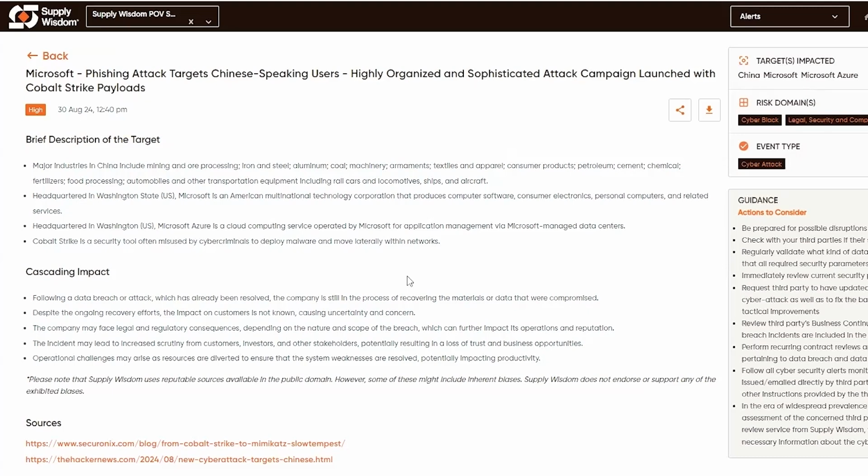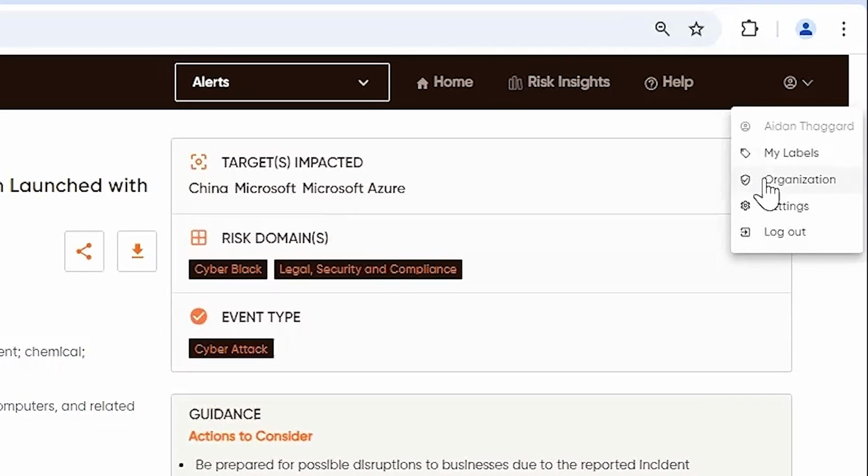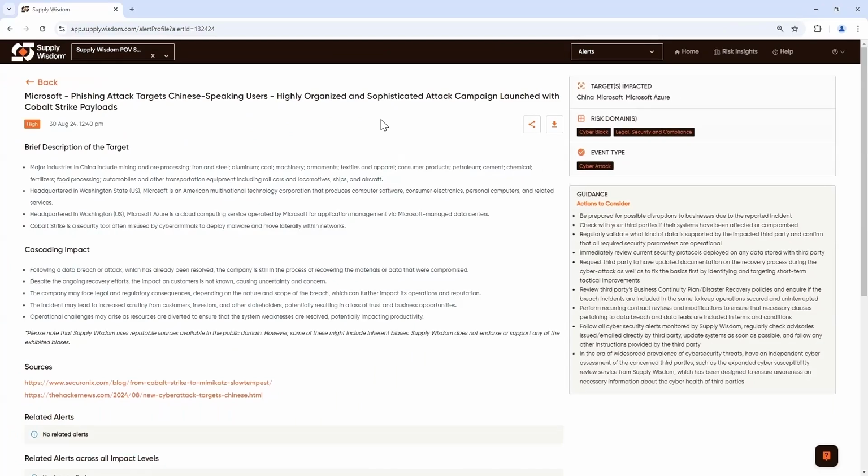So like we talked about earlier in the video, you have the ability to set your preferences for receiving alerts as email notifications by navigating to your upper right corner and selecting your settings and pivoting to the notification tab within those settings. Additionally, if you have administrator privileges, you can further configure alerts target by target by navigating to your organization tab right here, and within that, navigating to the target assignment option. Feel free to visit the earlier part of the video where we detail exactly how to make use of those options.